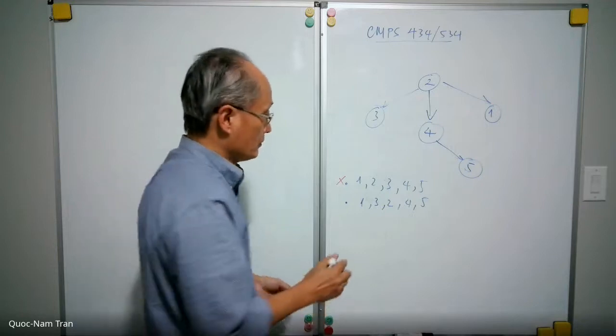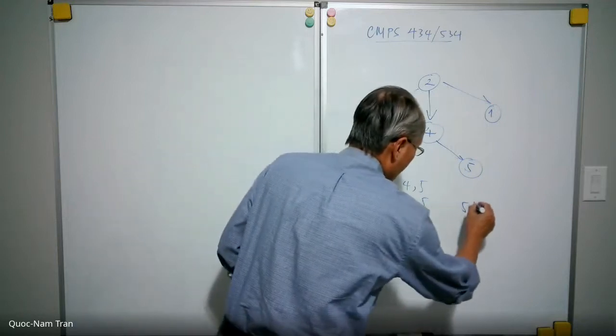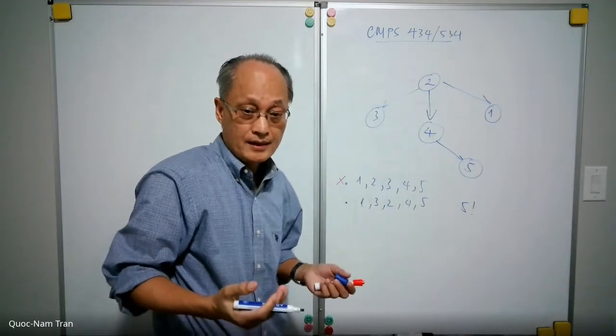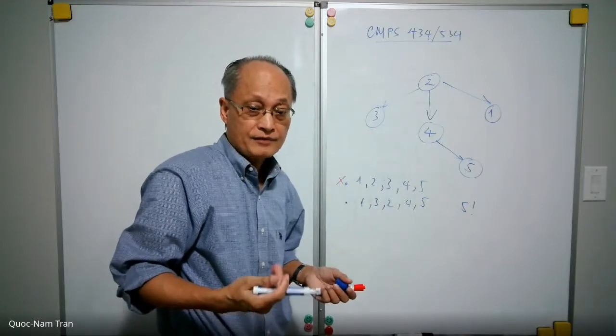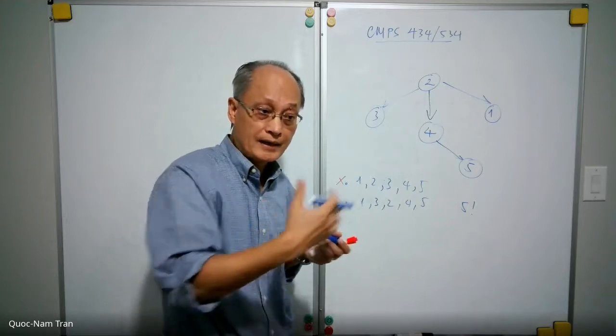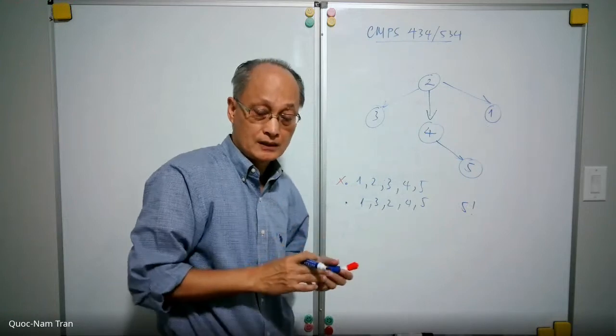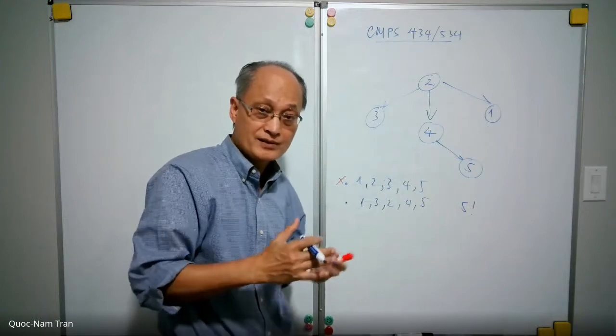So we have 5 factorial of them. If we have a graph in the real world, for example, for network connections or for social network systems,